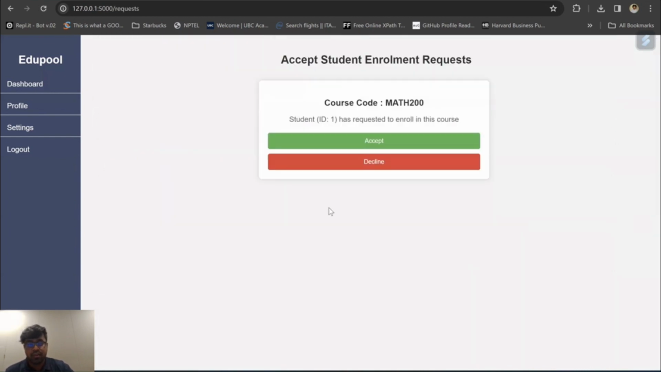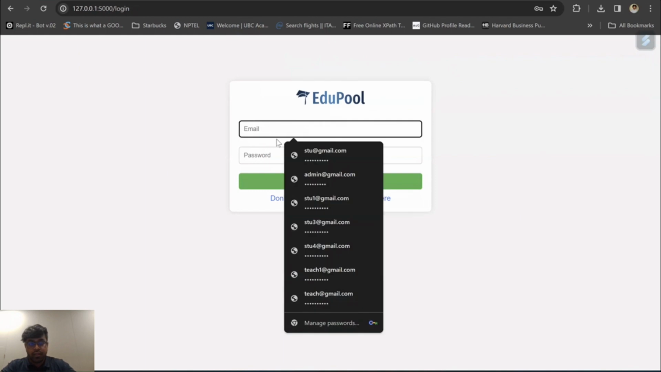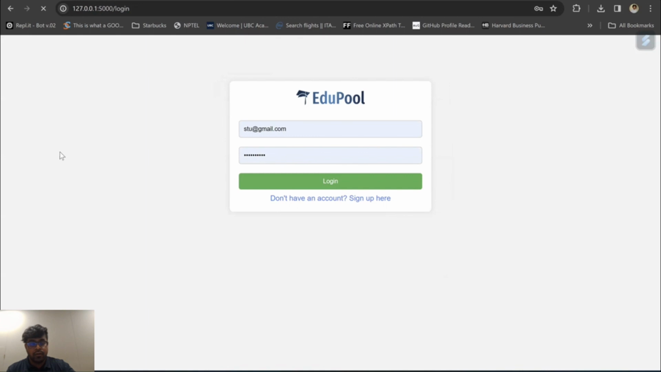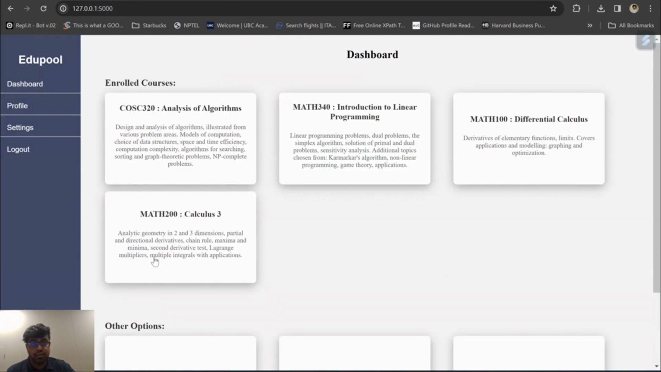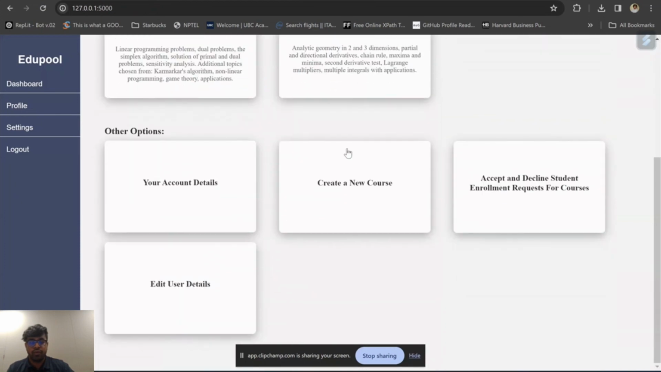Going into accept and decline, since we know that Sanjith just requested to enroll into this course, we can accept that. And going back, if I go ahead and log in to student, we can see that that course also has been added over here. Now, going back to the admin page, we can again log in, and we also have the option to create